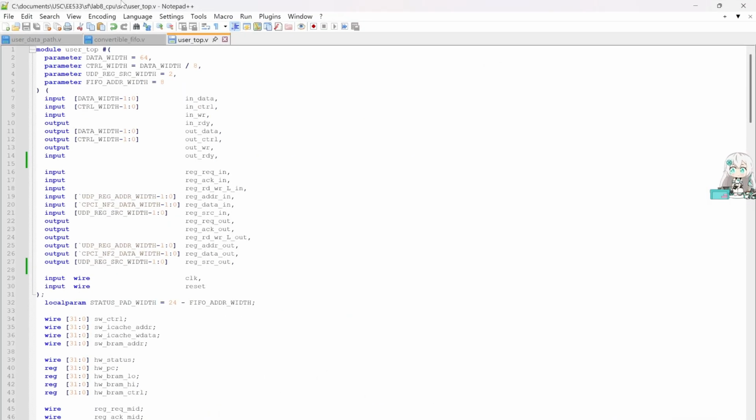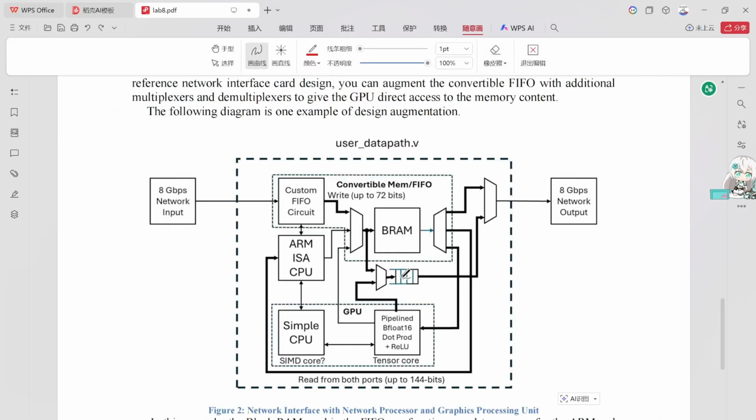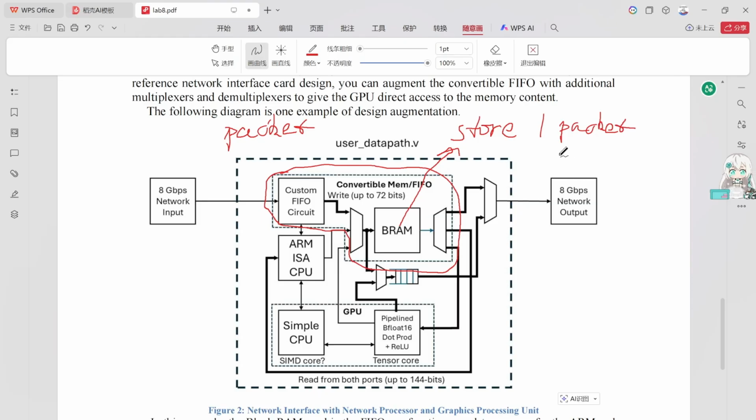Let's first talk about our basic idea. In here we have a simple FIFO. This FIFO will handle the network packet coming in and stored in the BRAM, and when the BRAM has stored one whole network packet, which may be 1050 bytes,